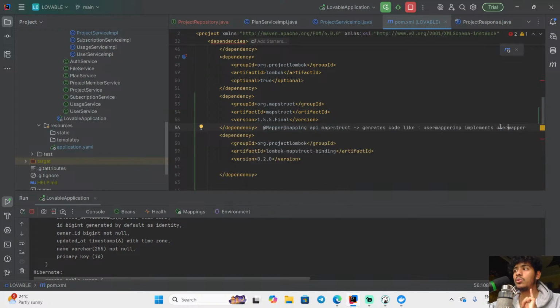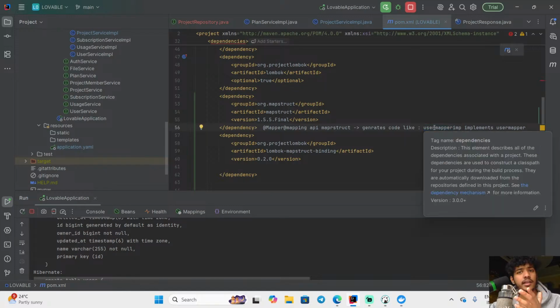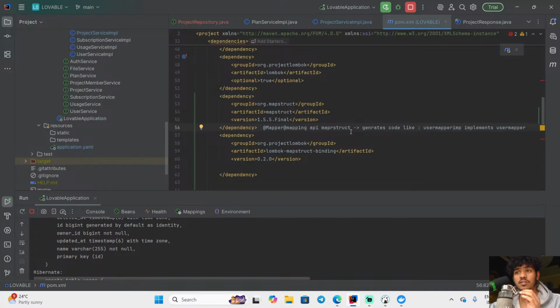But for now मेरे पास यूज़र मैपर है क्योंकि यूज़र मैपर बेसिकली मैपस्ट्रक्ट ने बनाया, but I don't have this UserMapper implementation. दिस क्लास, मेरे पास ये क्लास है ही नहीं. तो स्प्रिंग मेरा बेसिकली जब रन करेगा तो it will fail at runtime, obviously. This was the reason कि मुझे मैपस्ट्रक्ट प्रोसेसर की ज़रूरत पड़ी which is required to generate the code,